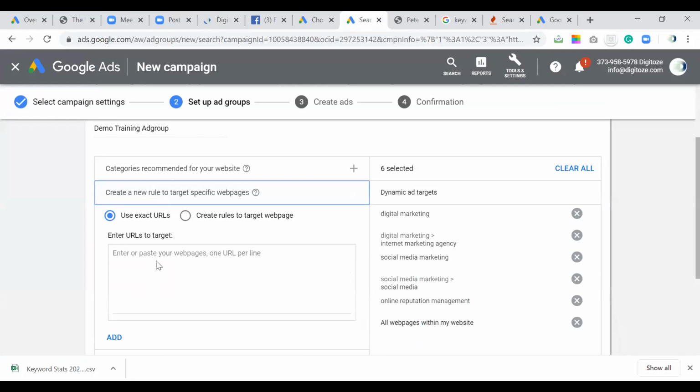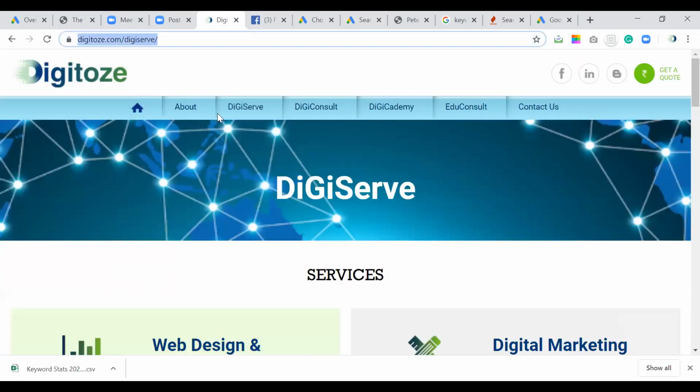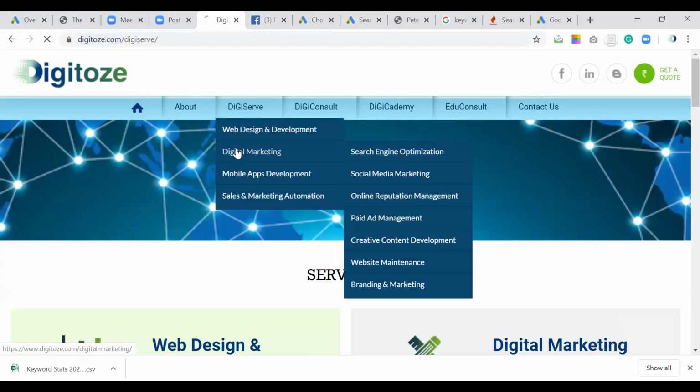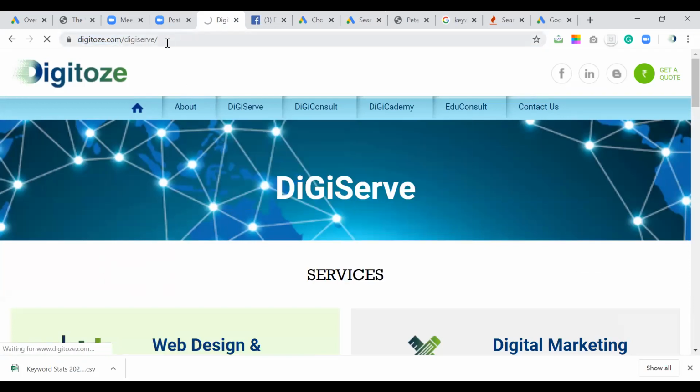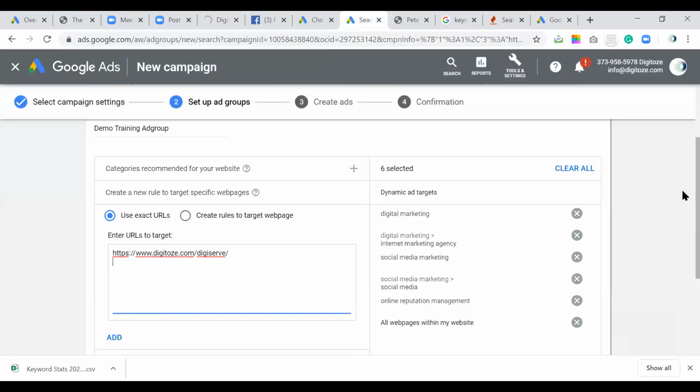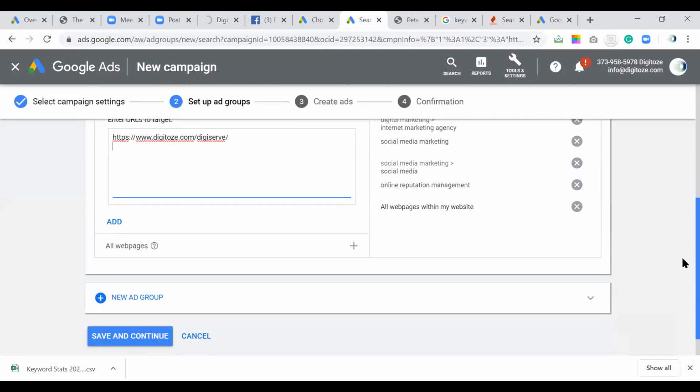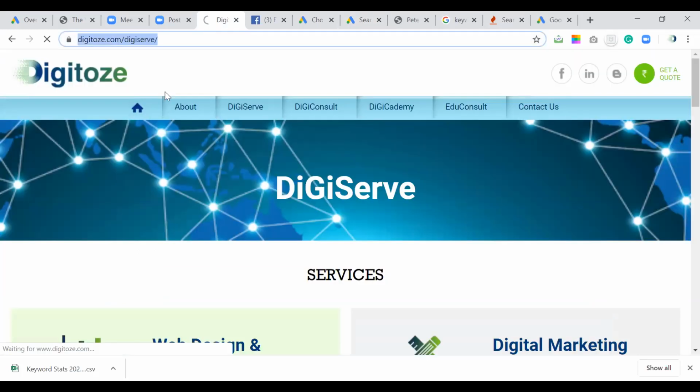So here they can put. This page automatically gets added over here.